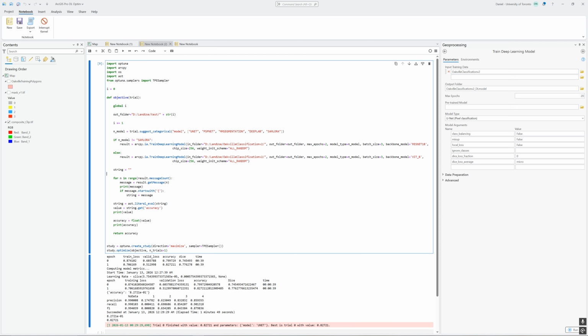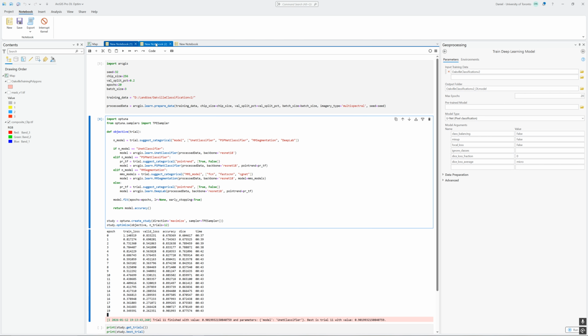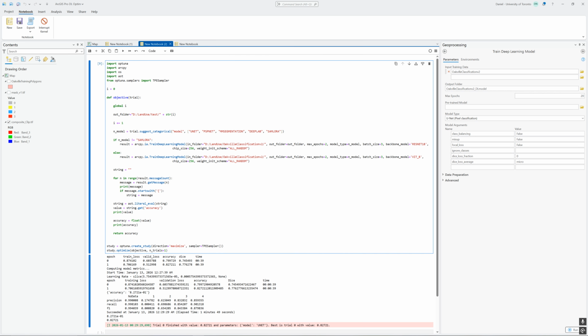Doing it this way, the train deep learning model function doesn't actually need any prepared data before it. So we would feed it directly our folder of where the training samples are located, and then it also requires an output folder. So in this case, to set the output folder being different for each trial so that you can go through the trial numbers and link that to the folder, I create a variable called just a counter. And so I want to be able to access I from within our function,